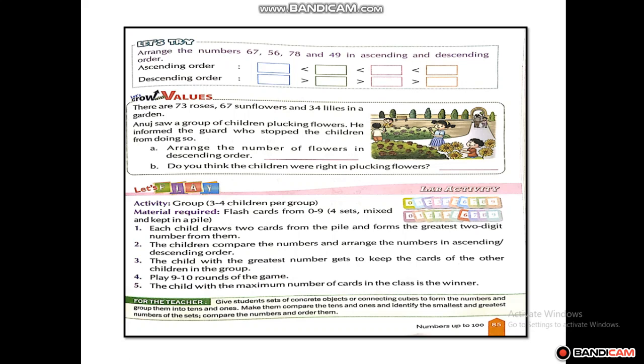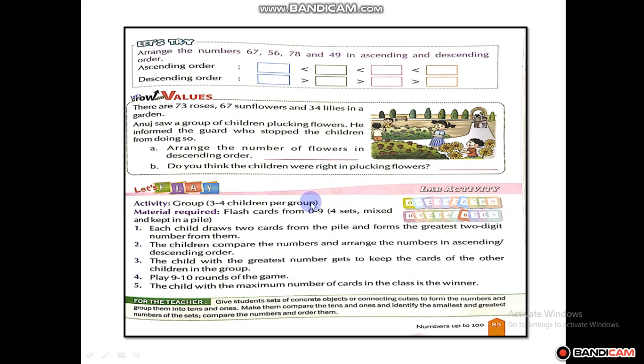So we should avoid plucking them so that all visitors to the garden can see and enjoy their beauty. Right, children? It's not good. When the flowers are on their plant, it looks more beautiful. This is the gift of nature to us. So children, you have learned that you should not pluck flowers when you go and play in the garden.